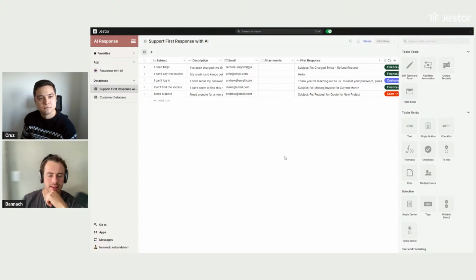Otherwise it can get really messy, and it doesn't need to be really complicated. It can be as simple as Fernando just showed. But it's interesting because you can visualize everything that's connected to a specific customer. In this example, we are going to show tickets, but maybe if you want a broader view, for the sales tickets you want to see the ticket and all the opportunities, because maybe you have two really big opportunities with this client, and they are asking something that's not expected for the support, but maybe you